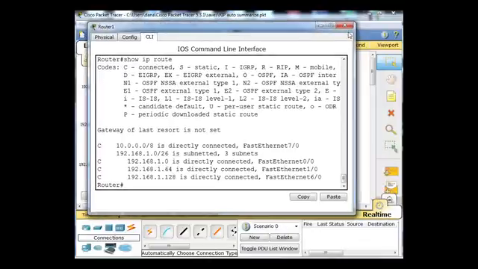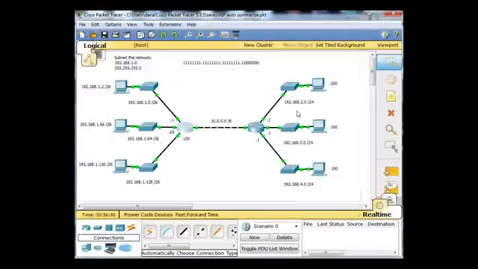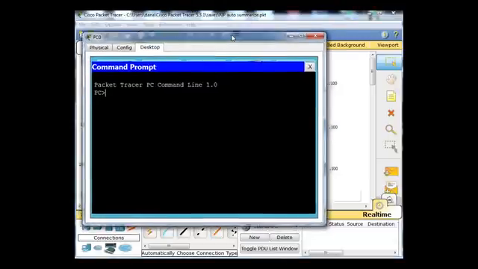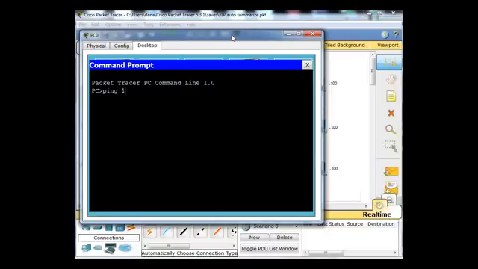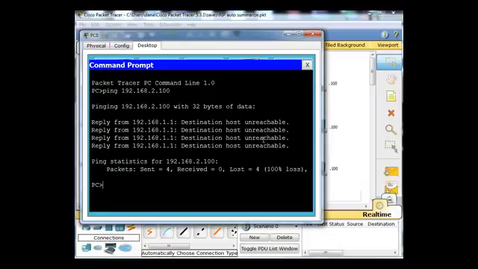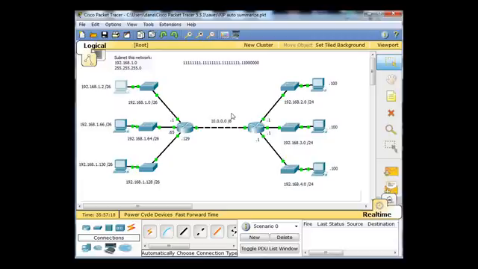So we cannot ping across the network, and we'll show you that. This host right here is 1.2, and I'll try to ping 192.168.2.100, and you'll see that it'll fail. You can see the reply from 1.1, destination host unreachable. There's no route, so we're not going to be able to ping across the network if this router doesn't have a route to get to these networks. So what we'll do is turn on RIP, and we'll have RIP